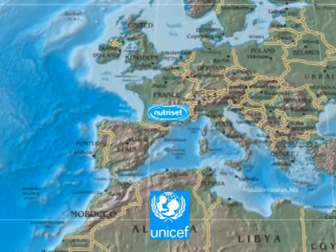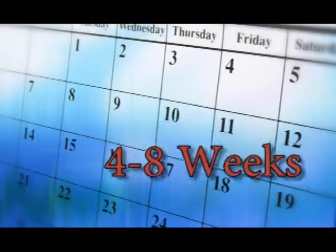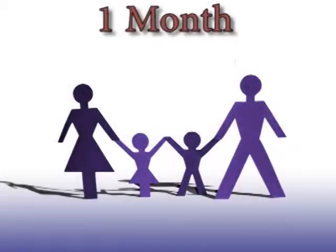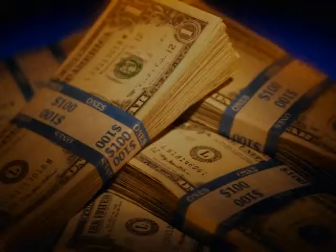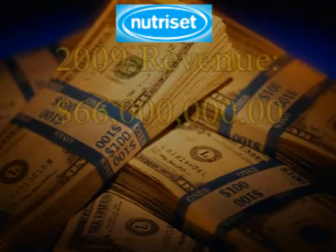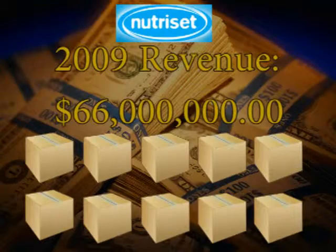PlumpyNut, Nutriset, in France. A single packet of PlumpyNut costs 6 cents. Treatment often lasts 4 to 8 weeks, but generally health is restored after about a month. So the average cost for a monthly supply of PlumpyNut for the families of the afflicted children is $20. Last year alone, Nutriset registered $66 million in sales and increased their production tenfold, showing exactly how lucrative saving lives